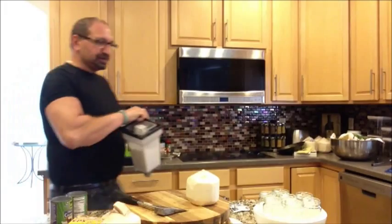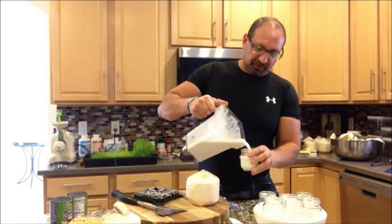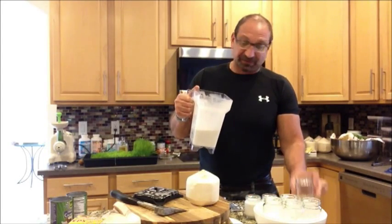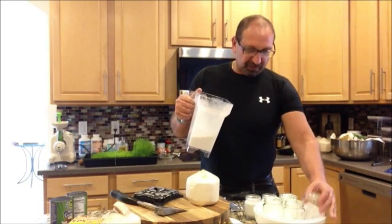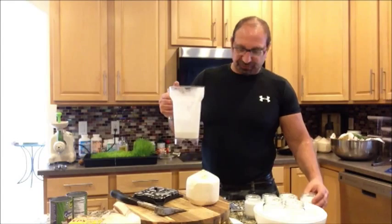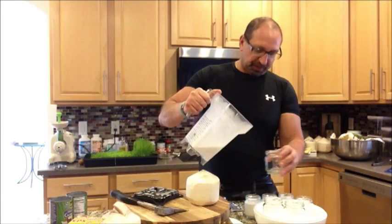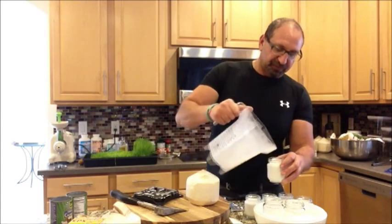So that was just a quick little pulse in a Blendtec, and so we're going to fill these up. See how many we can get out of 2 cans, and the cans run about $2. Those were about $2.29 at the store I got them at, which is Natural Grocers. You can catch that stuff on sale. Okay, so that took up 4 jars for just 2 cans. I think on the coconut one, we're probably not going to get a whole lot. But let me just go ahead and we'll just pour it in here for now. I might have to use a different jar for the